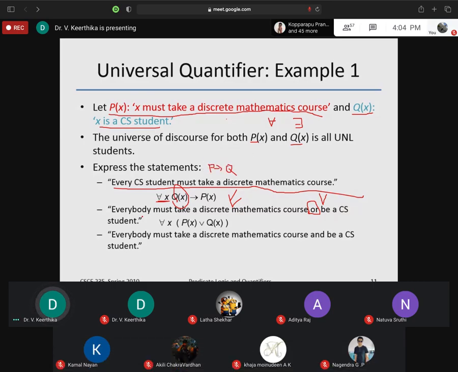Everybody means which quantifier? Universal quantifier, for all the values of x. It can be any student's name. For all the students x, they have to take the first one, meaning the discrete mathematics course, and they will be a student of CSE. So this is the one statement.